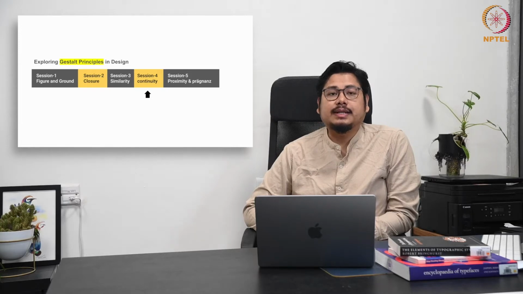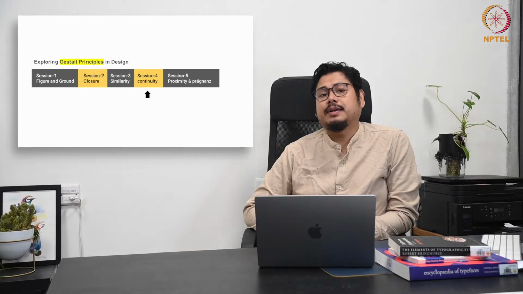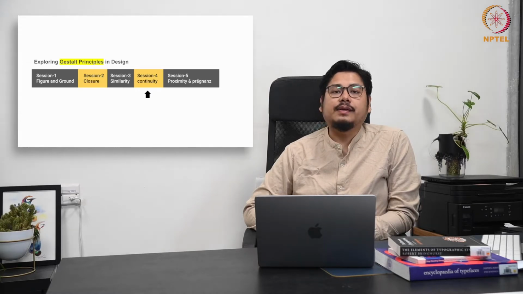we have also tried to understand how similarity plays an important role in creating different perceptions while you design. In terms of similarity, we looked into how color plays an important role to help us navigate. Similarity in terms of shapes helps us understand the overall hierarchy, and similarity in terms of sizes also, where you design the layout and composition in such a way that it becomes easier for us to comprehend in a much better and more effective way.